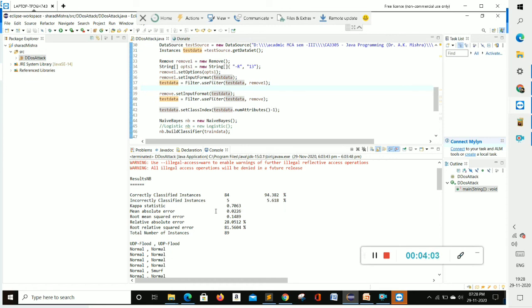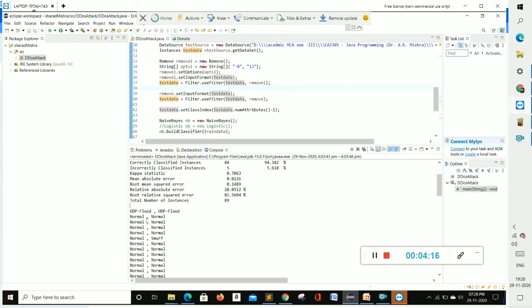The other statistics, the mean absolute error, root mean squared error, and all the information are present here, along with the root relative squared error. And moving on to this side, the float and float normal are different, because some kind of error is present here.